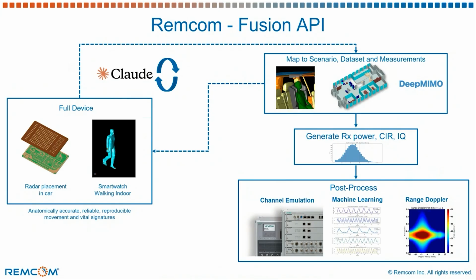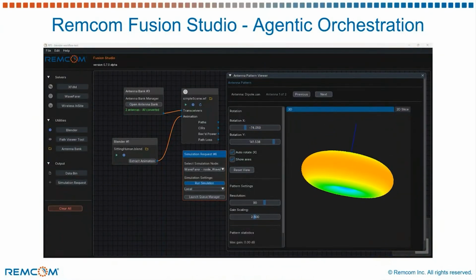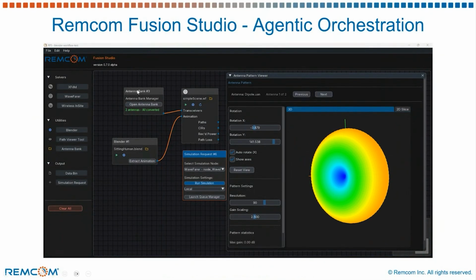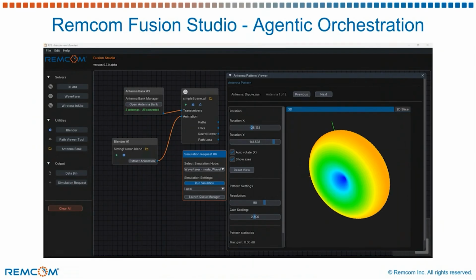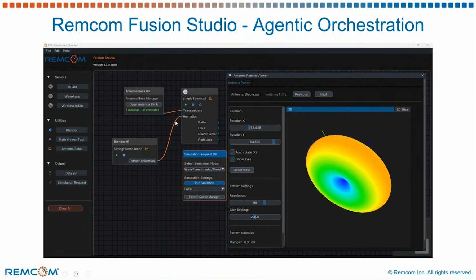Beyond this, we are introducing the use of the chatbot with Claude to be able to generate outputs from full wave and injecting those into environments with the use of agentic orchestration, where users can bring in antennas from any source, measurements, full wave simulation tools, or create their own antennas and superimpose those into the environment and use advanced algorithms, namely reuse of those propagation paths and superimposing new antennas on top of that, including the ability to add motion, presence of humans, multiple humans, etc., into that scene, and automating through that and visualization of antennas within that workflow.